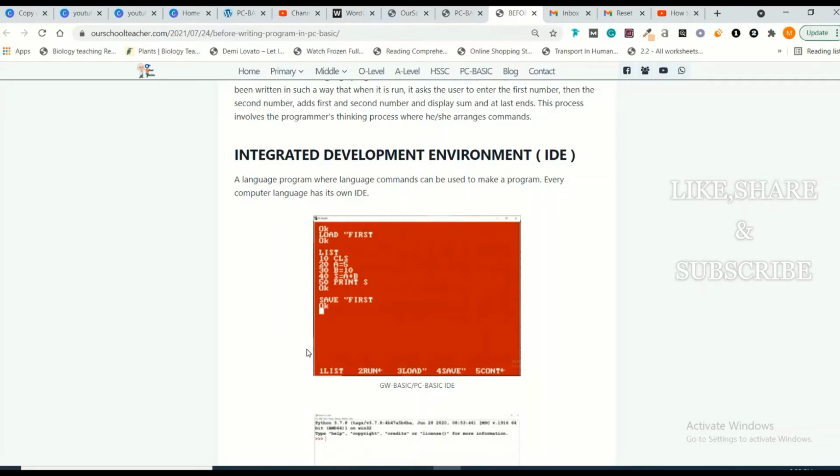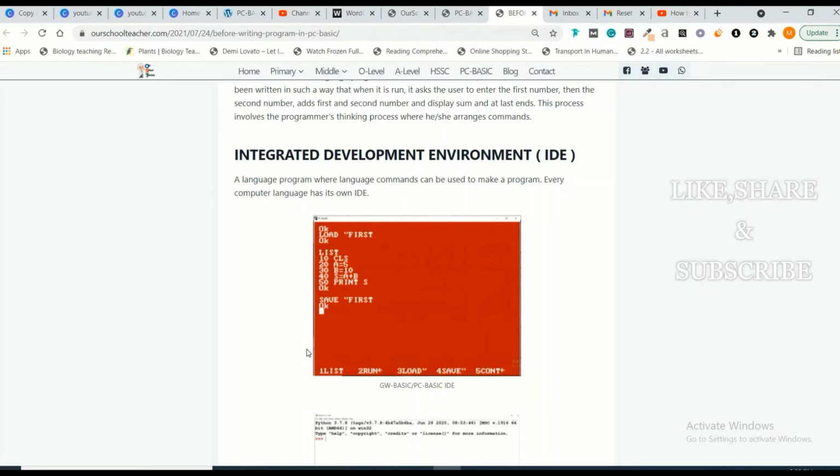Actually, basic language is an older language which was developed in the 60s, and at that time our computers were very old and they were using 16-bit. I don't want to go into detail here, but nowadays computers are modern. They are 64-bit computers, 32-bit computers, 32-bit operating systems we are having.